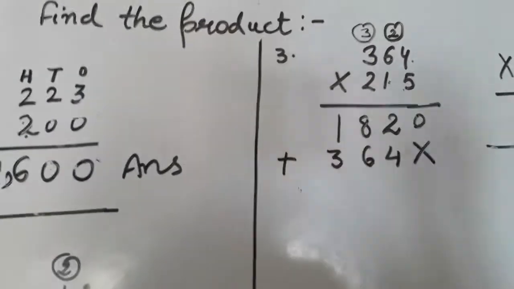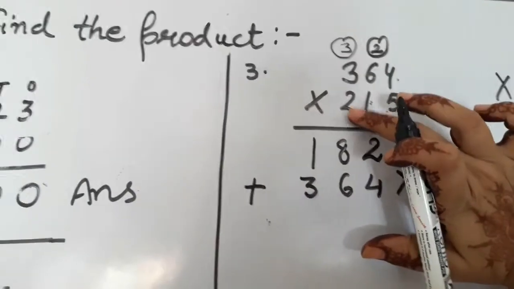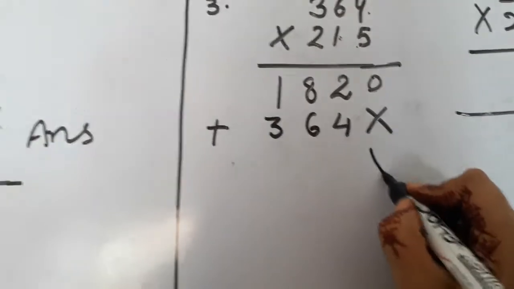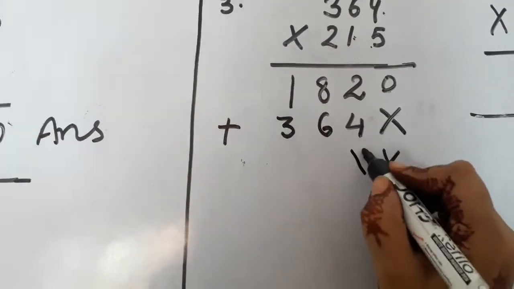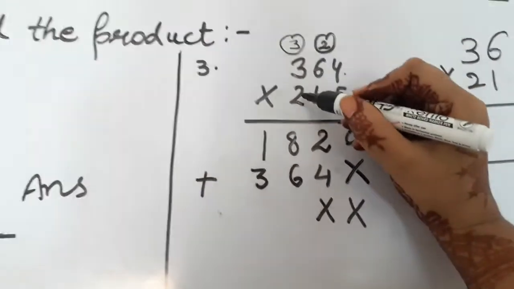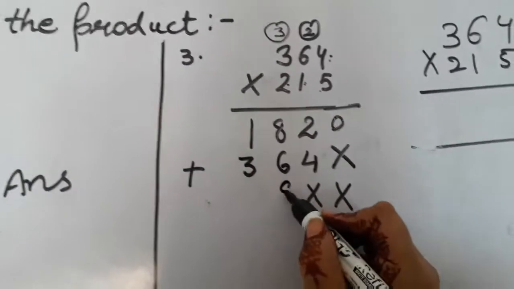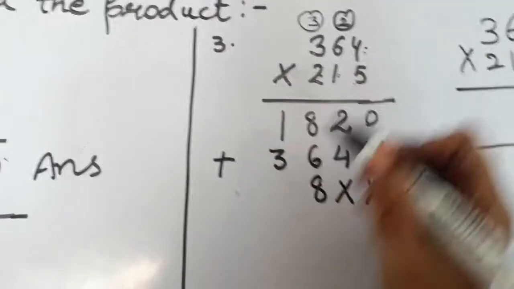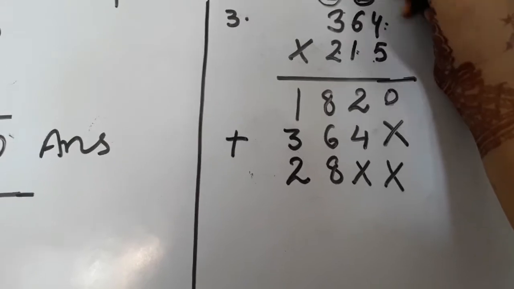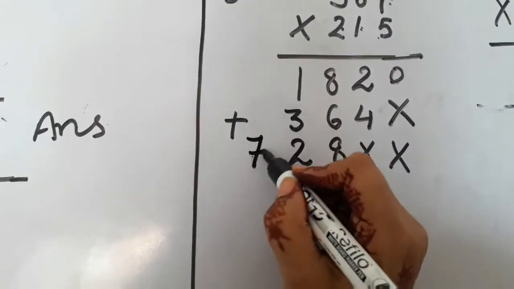Right? Now for moving towards the third digit, what will you do? You will now put 2 crosses at the ones place and at the tens place. Right? Now multiply it. 2 fours are 8. 2 sixes are 12. Now 1 carry. 2 threes are 6, plus 1, 7.